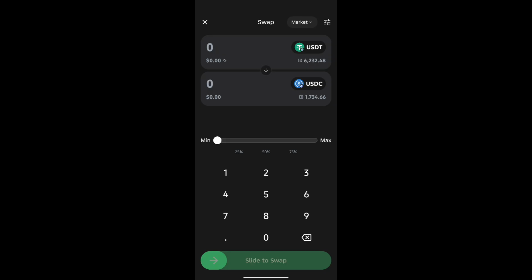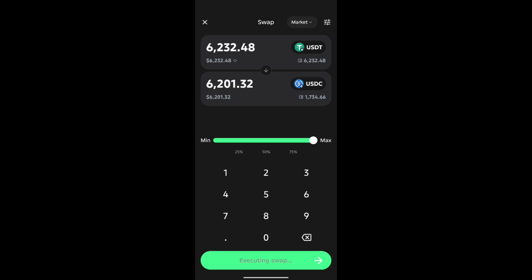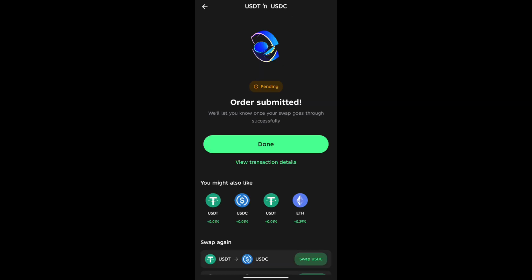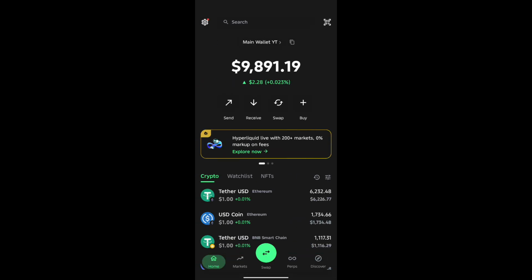I'm going to use the entire USDC I have to buy this, or the entire USDT I have to buy this. So once you do that, you swipe and then execute the transaction. Give it a few seconds to process, and as you can see, we have successfully swapped our USDT to USDC. So click on done, exit out of this, and then once this is done, the next thing we want to do now is